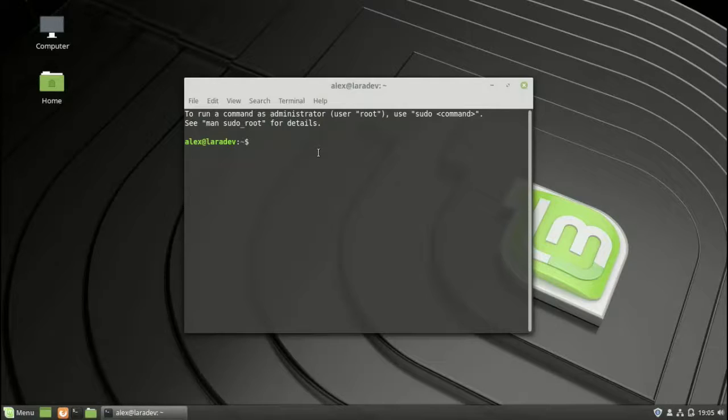So guys, if you have never used the terminal before, don't worry for the moment. Just leave it as it is, okay? And we just have to type this command. So what you have to type is sudo, okay, and then ufw